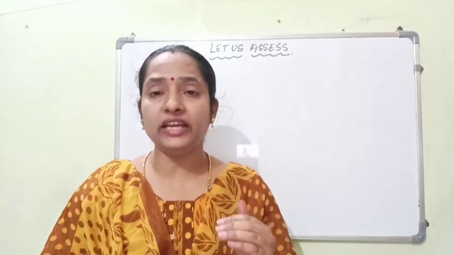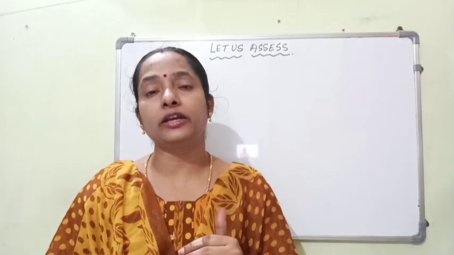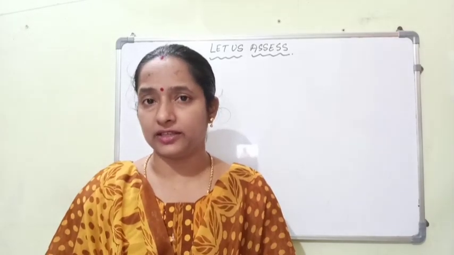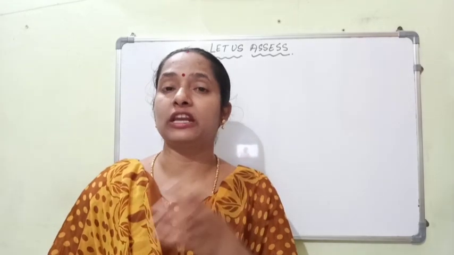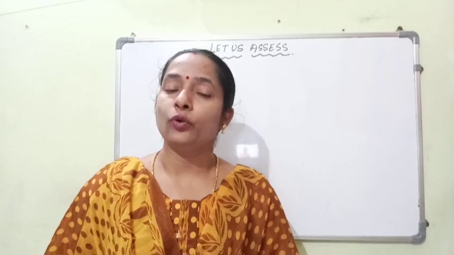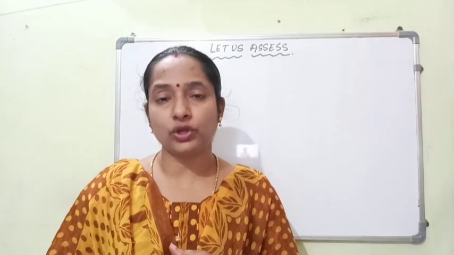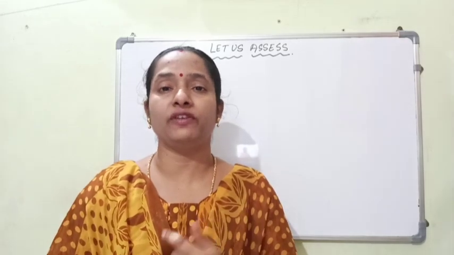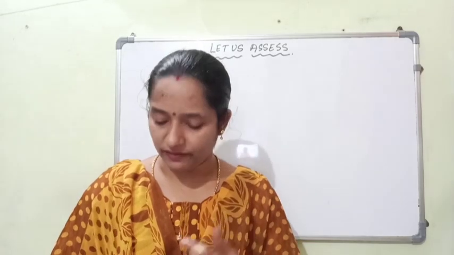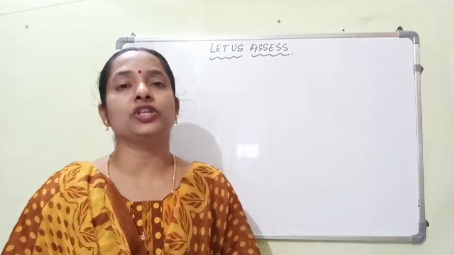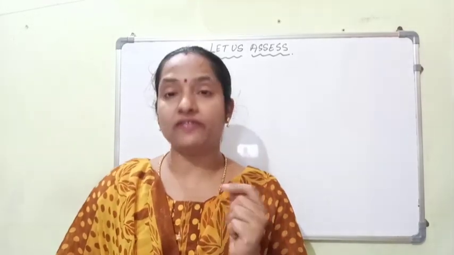Then we have question number 8. Find the greatest number that divides 120 and 144 without leaving any remainder. So children, how will you find the greatest number that can divide any two given numbers exactly? Right. We can find it by finding their highest common factor. So the highest common factor of these two given numbers will be the greatest number that can divide them exactly without leaving any remainder.